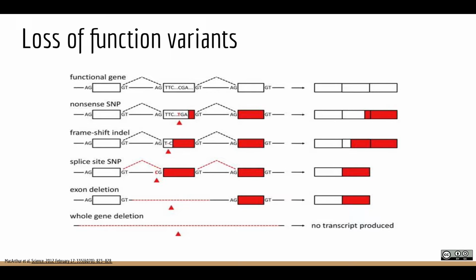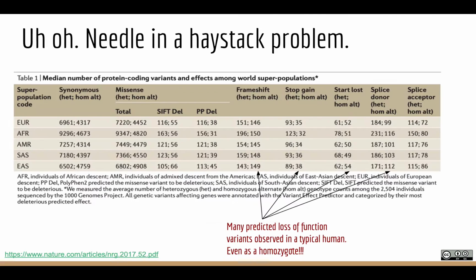So these would potentially eliminate the function of the protein and lead to a phenotype. So the problem is that variants like this that lead to putative loss of function of protein exist hundreds of times in every one of our genomes. And part of this is the fact that we can computationally predict that a genetic variant may lead to loss of function in the protein, but we don't get to do the functional validation of every one of those predictions in every one of our